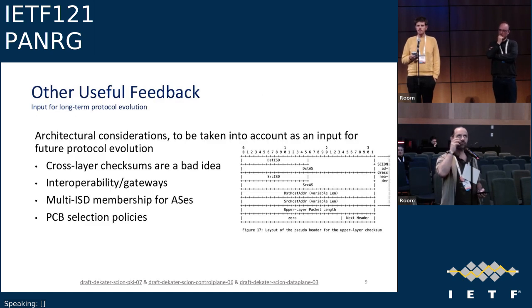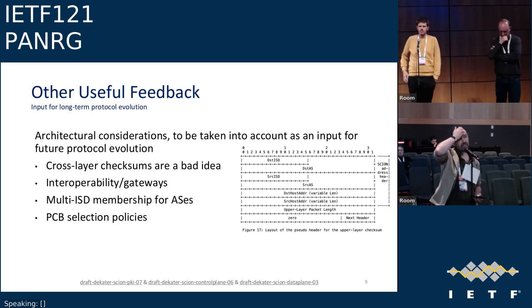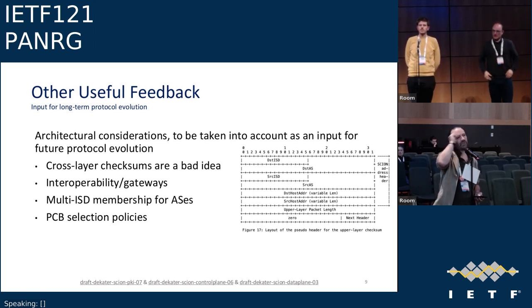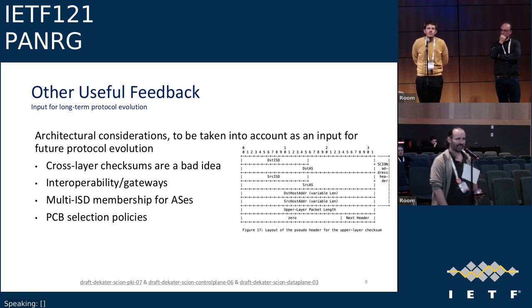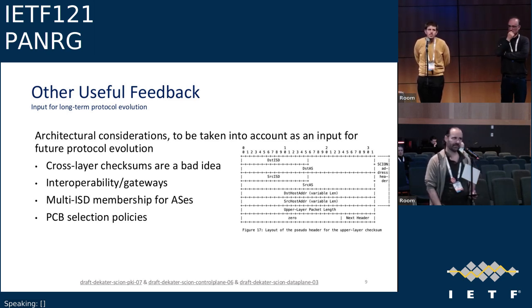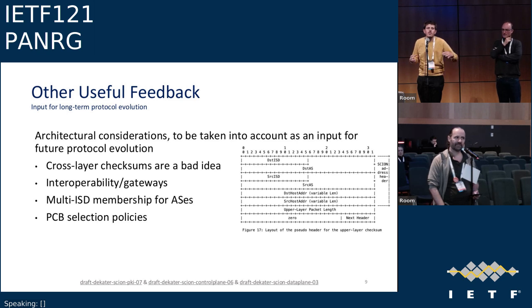You mentioned future evolution of the protocol. Is there a version number or something that allows me to distinguish between two versions of SCION, if you go in the future? I think it depends. There are some fields that have a version number, but when you look at the data plane, there is no version number there. If you have a data plane, then this would be at some point a breaking